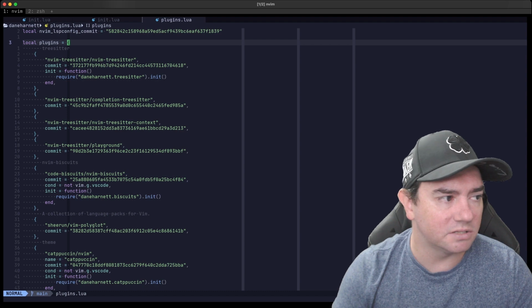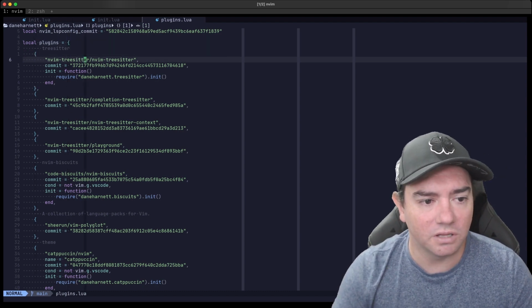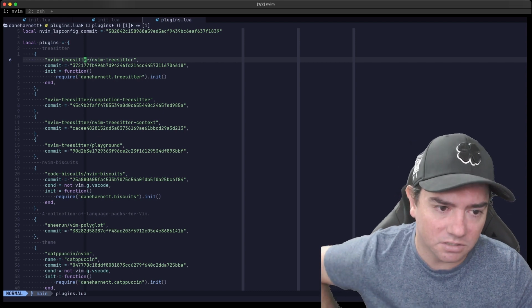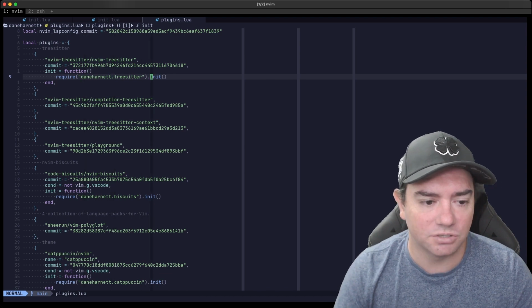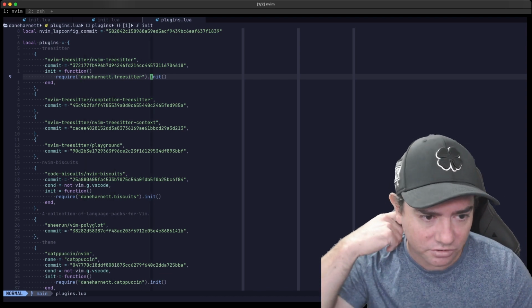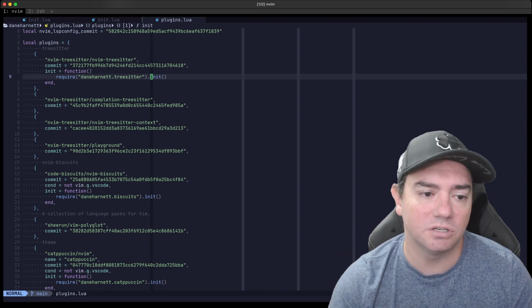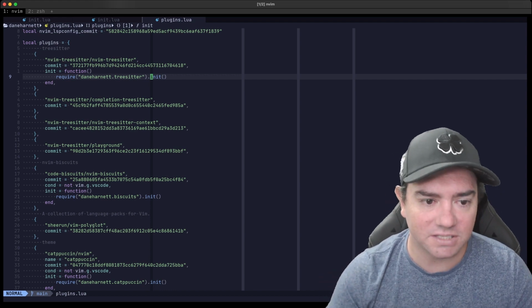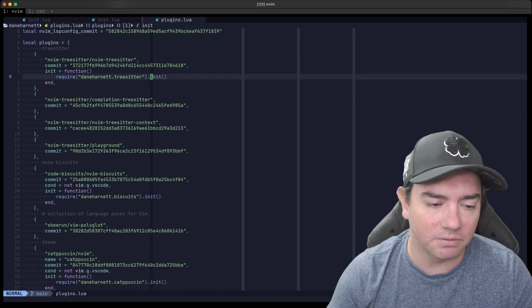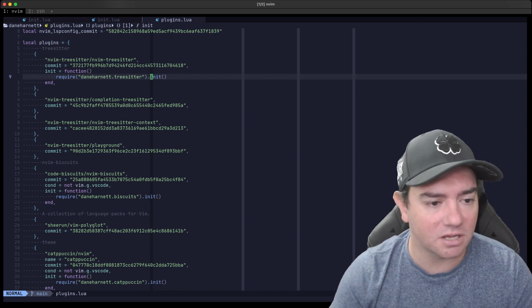Let's just walk through the list of plugins and the various configs that I have for each one. First of all, we load nvim-Treesitter. Treesitter is a nice way to get more information about your code. It parses the source tree into an abstract syntax tree, and then you can do lots of other stuff with it, like generate completion suggestions, get higher resolution syntax highlighting,